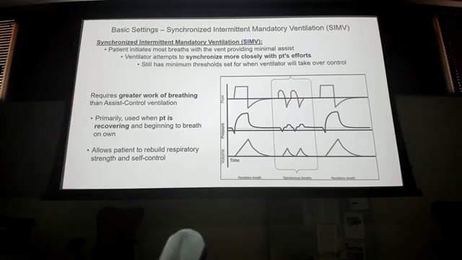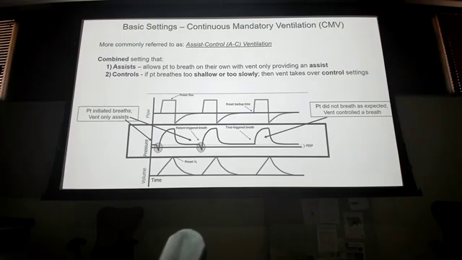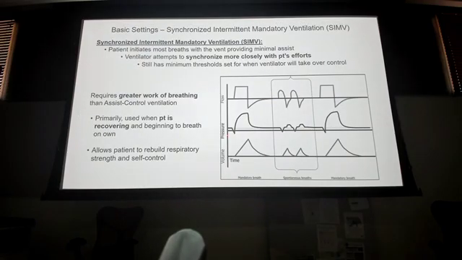But what it does allow the patient to do is breathe on their own. And so the breaths may not be uniform like they were here. All these are exactly the same. On this one, it's going to allow the patient to breathe. So the benefit is if we're trying to wean our patient off the ventilator, because we can't do cold turkey, you just take them off there and throw them to the wolves and say, all right, breathe. They may have lost that respiratory effort, their muscles, while they've been in the hospital.